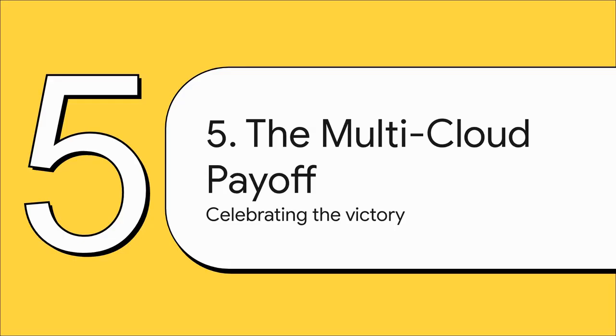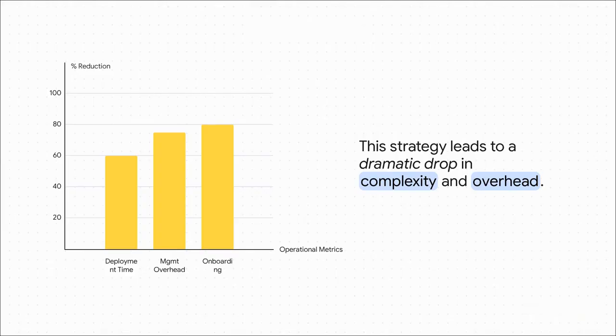And after that work is done, we get to the best part, the payoff. It's time to celebrate the victory and really look at the tangible results of bringing order back from the chaos. And the results are immediate, and they are so measurable. Deployment time for stateful apps just drops significantly. Management overhead plummets because now your team is maintaining one storage strategy, not three. And onboarding new developers, it's way faster because they only have to learn one simple abstraction. These aren't just lines on a chart. They represent real, tangible gains in speed and efficiency for your entire organization.